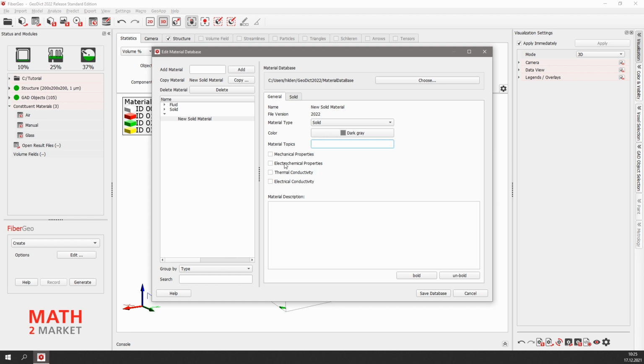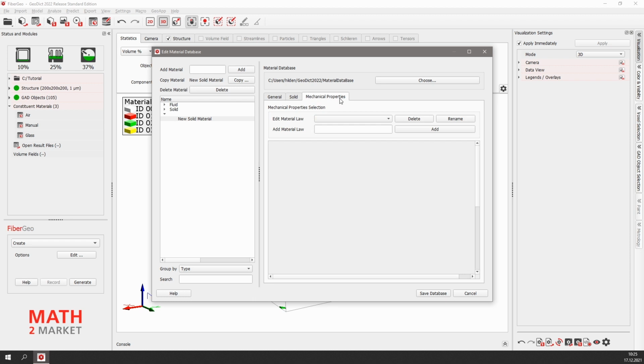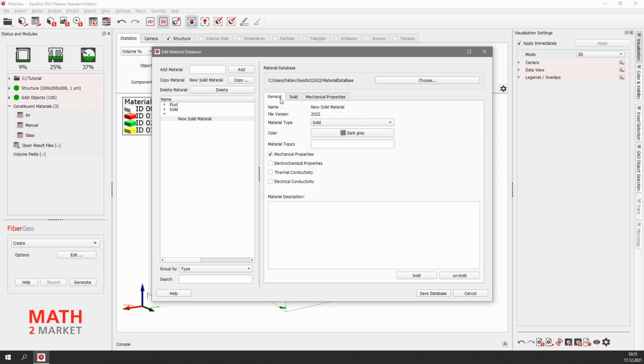Let's say we want to define some mechanical properties, so just select it here. And then we can see here that a new tab appeared. There we can then enter the desired properties. For this tutorial, I want to keep it simple, so I move back to the General tab and deselect mechanical